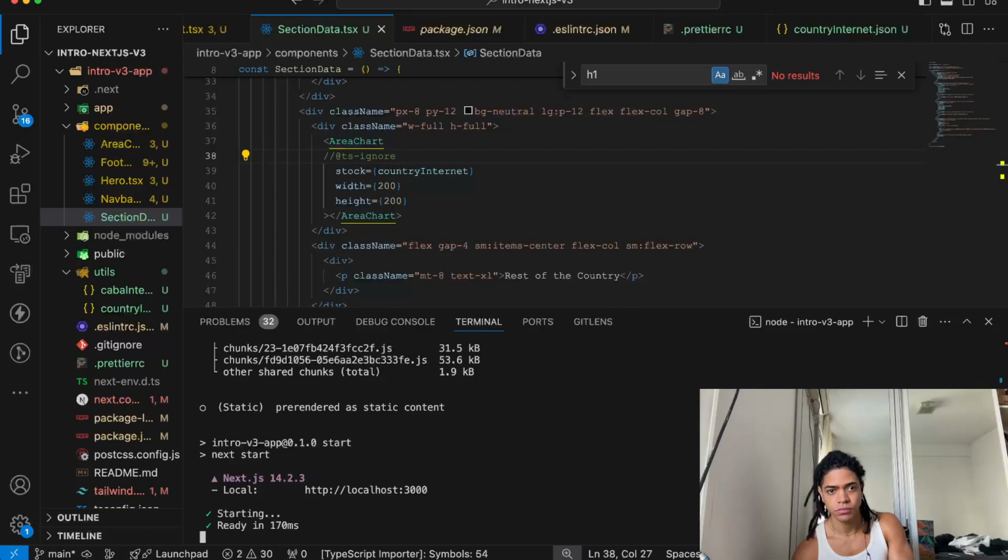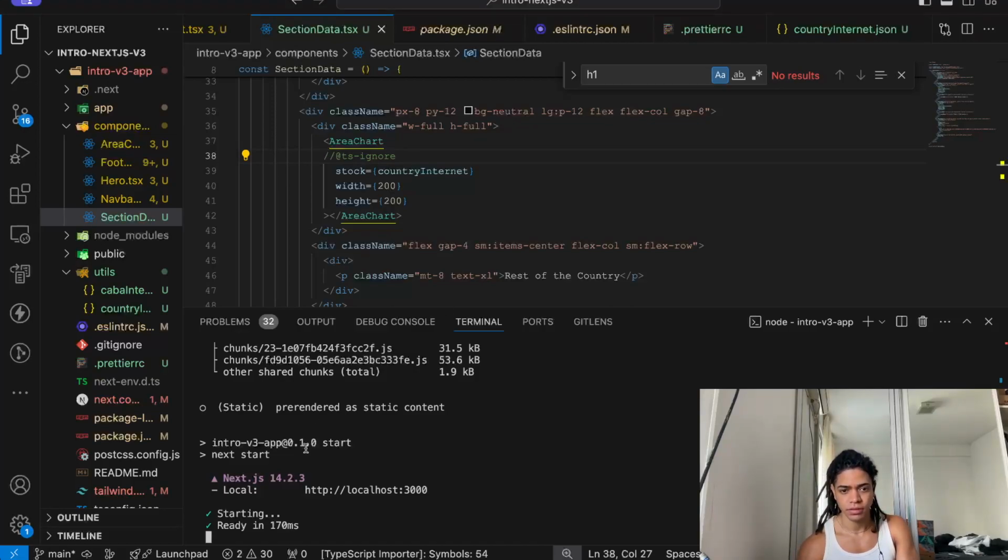If I try to go to home, it has a circle next to it, which means it's static. This is always going to be here. If someone tries to go to home, it's never going to hit the server. It's just going to show the cached version every single time, which is exactly what I want. It's really smart because I don't have any props here. It knows that nothing's ever going to change about it.